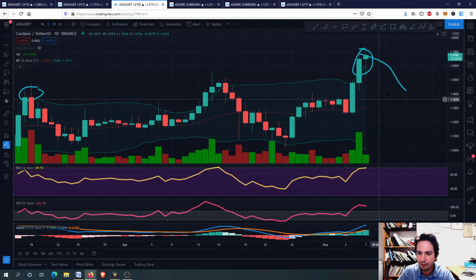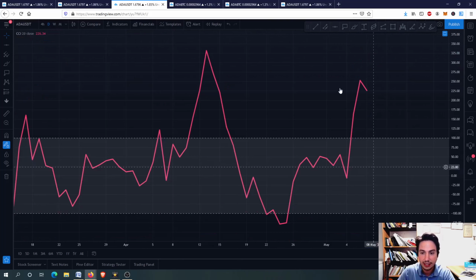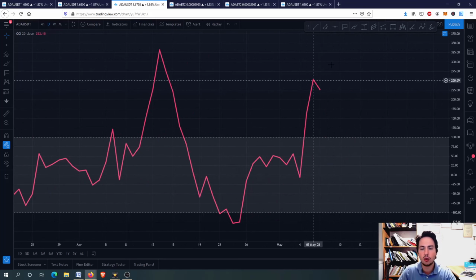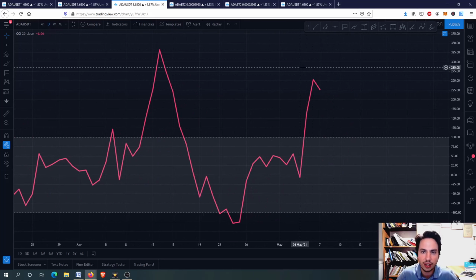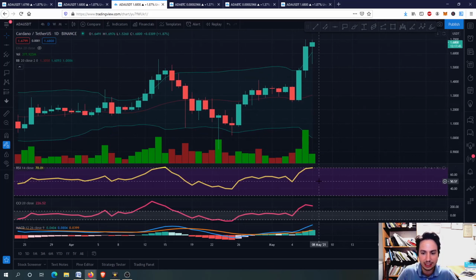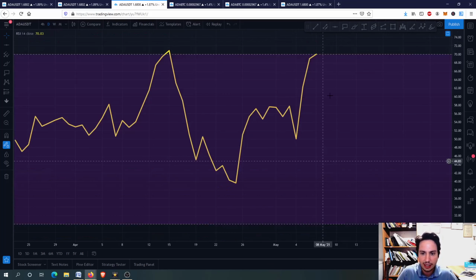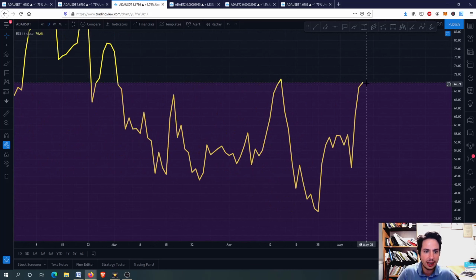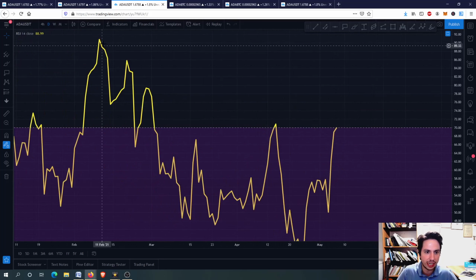Right now we are having a risk according to the commodity channel index. As you can see here, it is above the 100 level and we might see a correction soon, but for the next hours we might see further price action for ADA till we see the correction for ADA against USDT. And for the RSI we have room to grow because you can see here how high